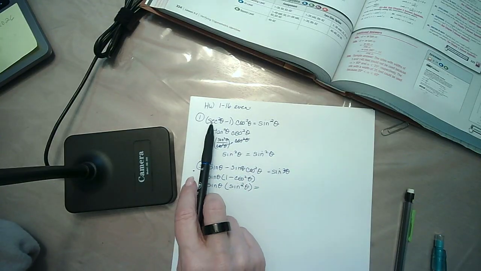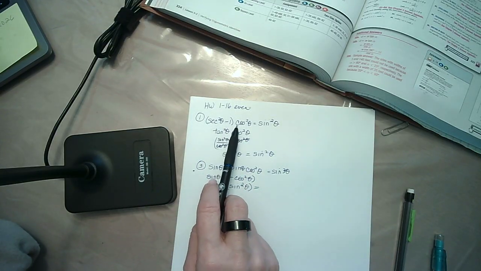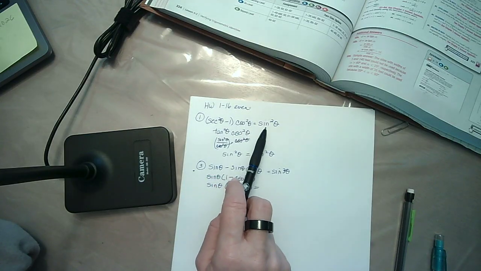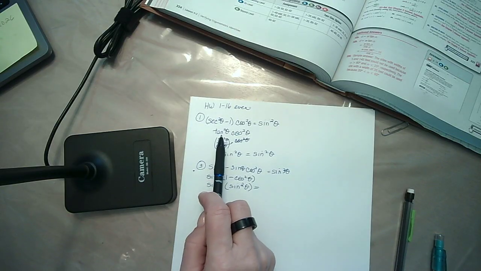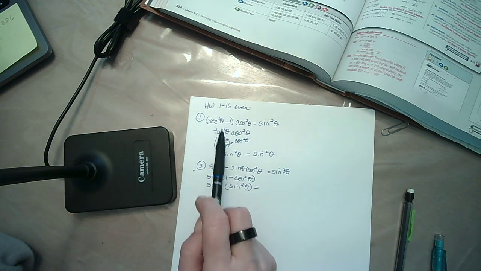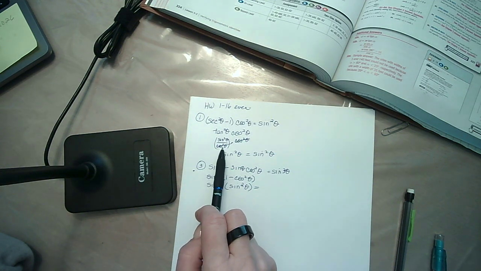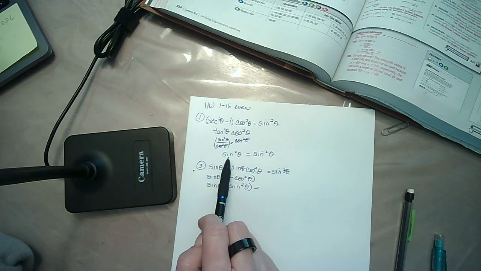So the first one was secant squared theta minus 1 times cosine squared theta equals sine squared theta. I recognize that secant squared theta minus 1 is tan squared theta. You should have your list of identities in front of you when you're doing your homework. I then changed tan squared into sine over cosine squared, canceled that out, and was able to get sine squared